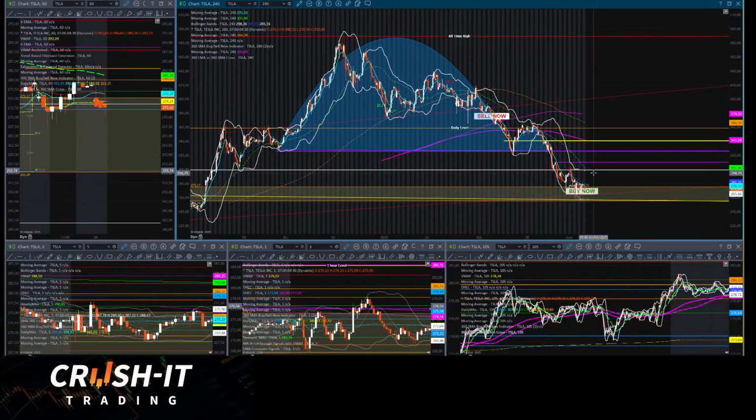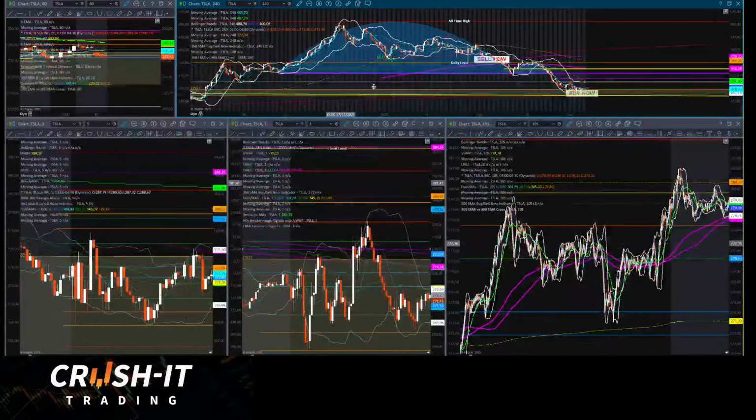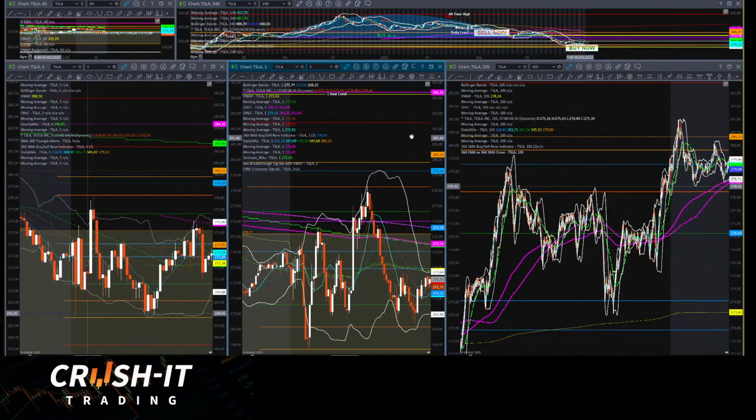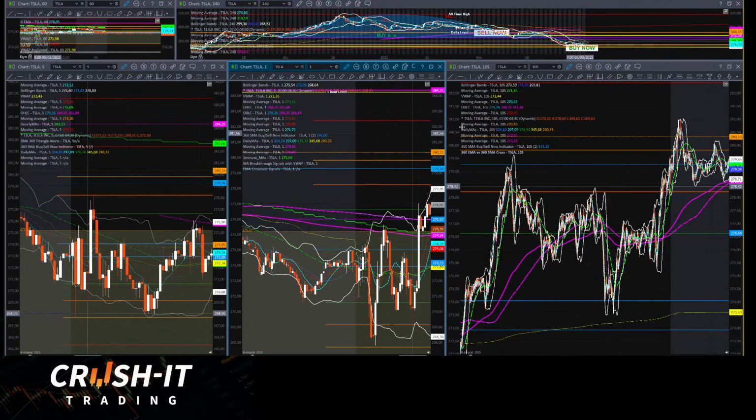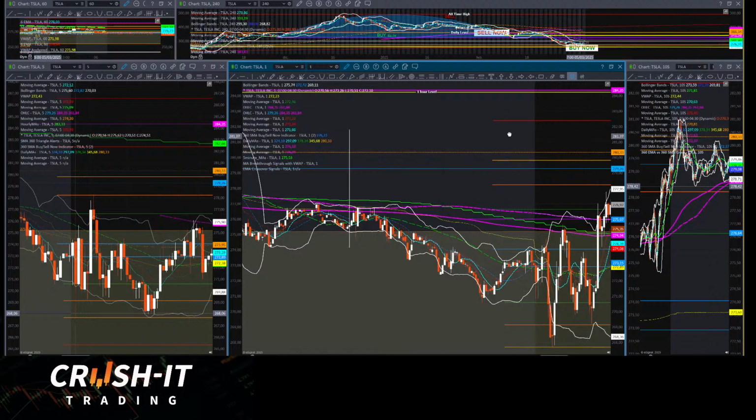Also, this was a swing trade that I'm out, and I played this down to the 260, 265 level. That was a pretty awesome swing trade here. You can see we had this inverted cup and handle for the move to the downside, and then playing that gap zone yesterday and a couple days ago. We took it a couple days ago also with the break and retest of previous day lows, and then yesterday